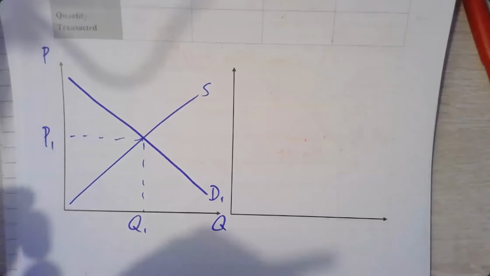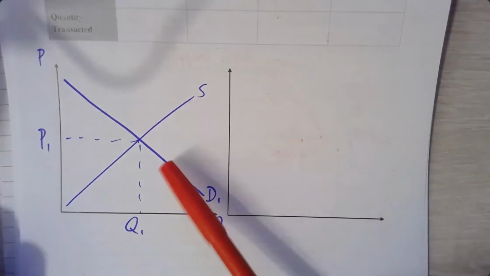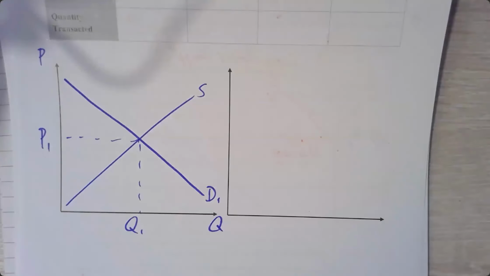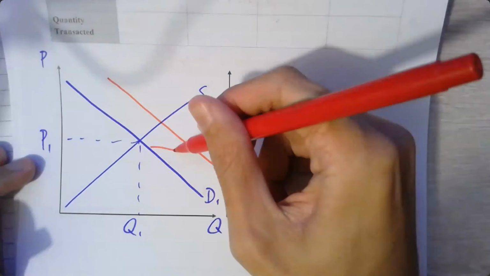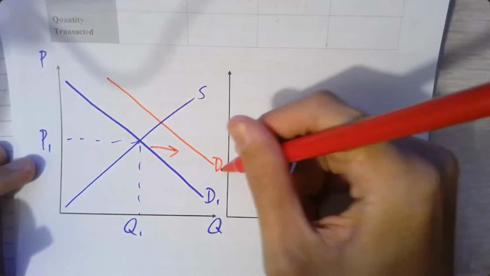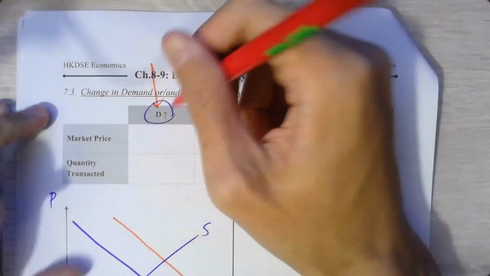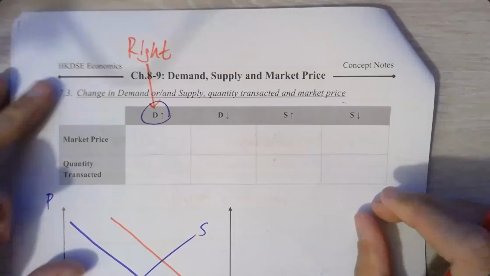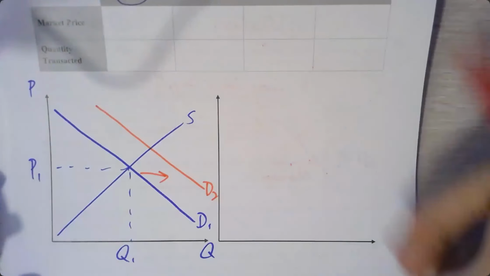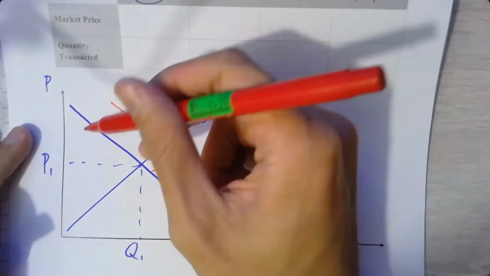This is the original situation. With an increase in demand, 首先要記住咯，increase in demand goes to the right，向右啊，得唔得？不如我哋寫低佢啊。Increase in demand goes to the right hand side of the graph，向右飛先至叫 increase in demand，好嗎？